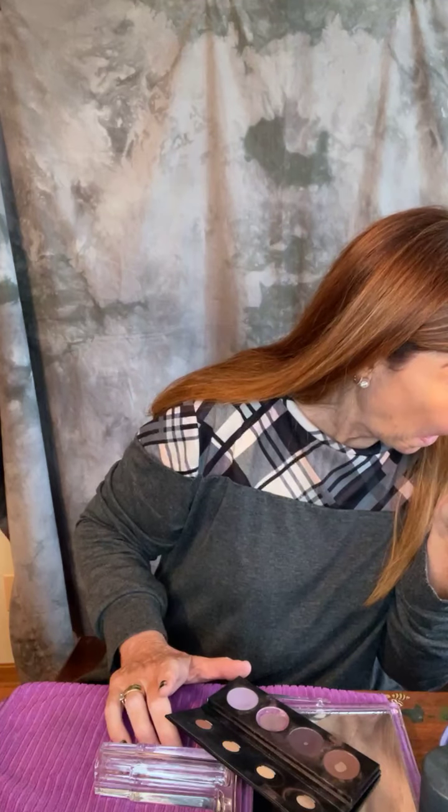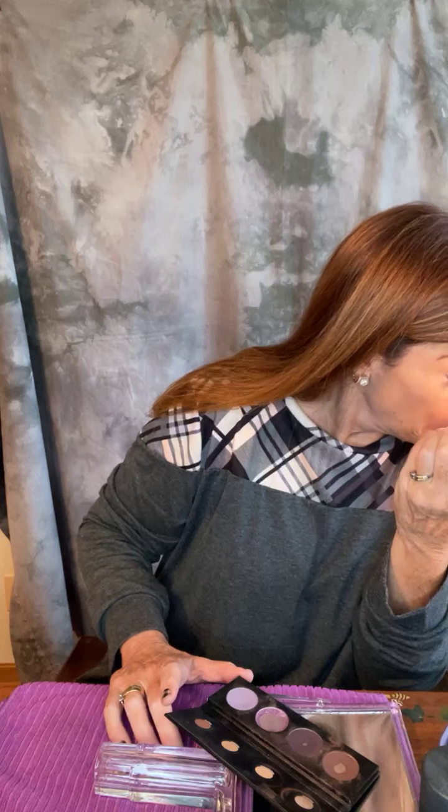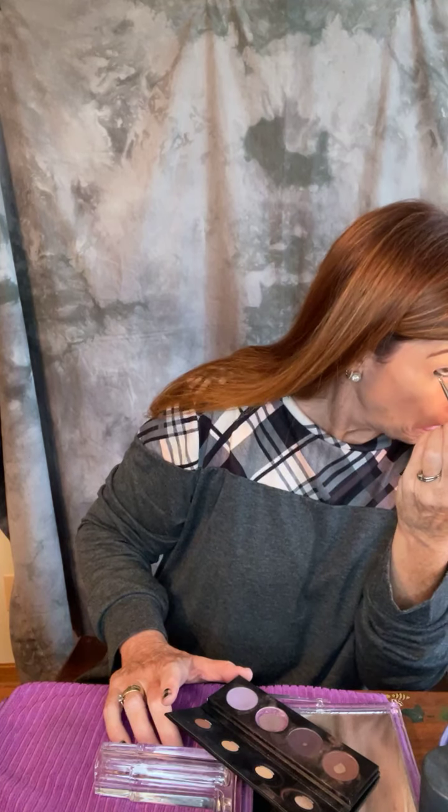Now I'm using that same brown eyeshadow and I'm using the other end of my brush, which is flat, and I'm using that to line underneath my lower lashes, because I like to get a lot of use out of one product. All right, next up,